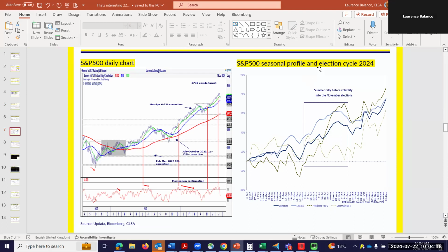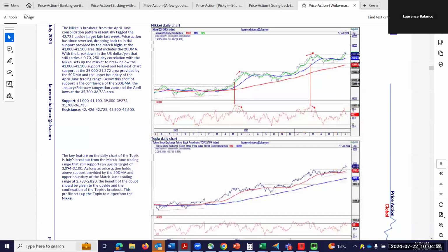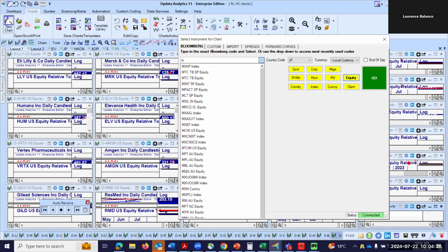Do you have a Mega 7 proxy, or do we just use Nvidia? This MTEM momentum ETF is not really traded, I thought it was traded very liquidly. There is a Bloomberg one. I'm just going to get the ticker, sorry. Or we could use Nvidia, it's fine. I think you either have a view on Nvidia, or if you want the seven names, let's look at the